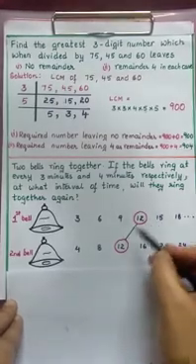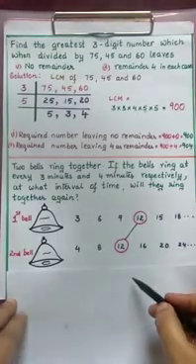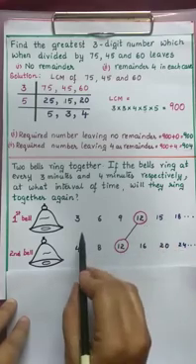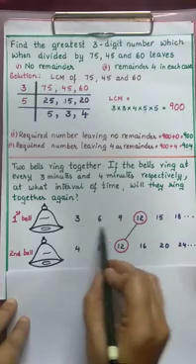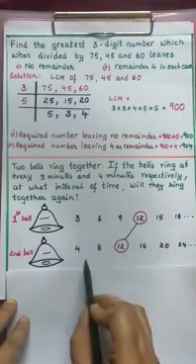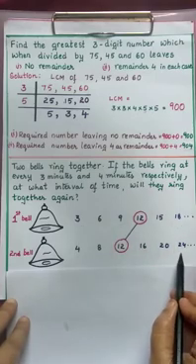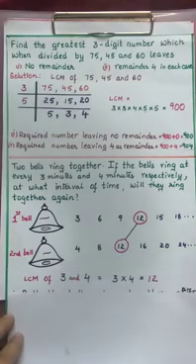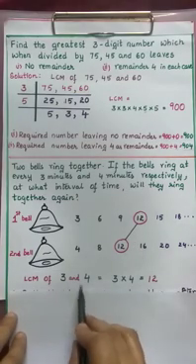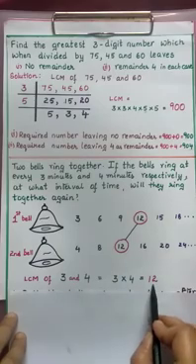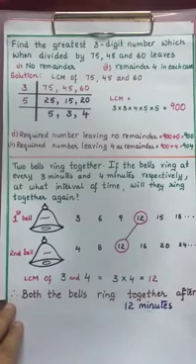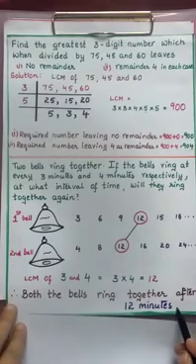Now here, at what interval of time will they ring together? After 12 minutes. Now you observe the numbers here. All these are multiples of 3. Here all these are multiples of 4. What is the common multiple here? 12. So in this case, we find the LCM of 3 and 4, which gives 12 here. So from this we can say both the bells ring together after 12 minutes.